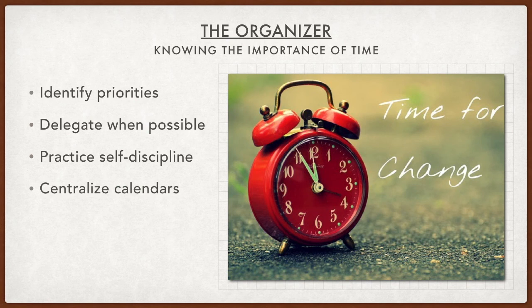Centralize your calendars. Put everything on one main calendar. That helps you to see what's going on. And a lot of people do that. A great calendar that is used by many people is called Office 365, and it allows corporations to just have their calendar, and not only can you know what's going on and be able to sync that up with any calendars that you might have, as well as your email accounts, but it'll also let other people know if you're busy at that time and to reschedule an appointment at another date.